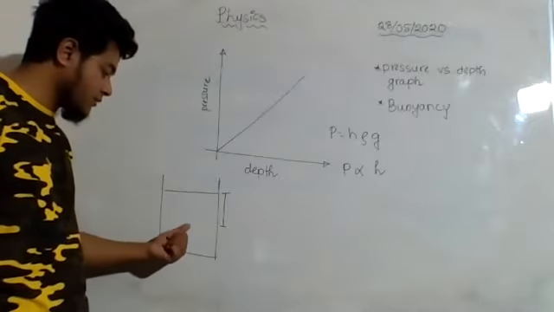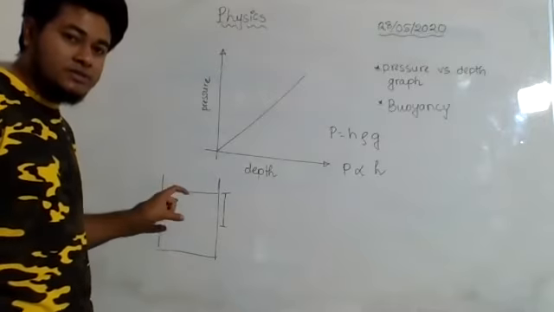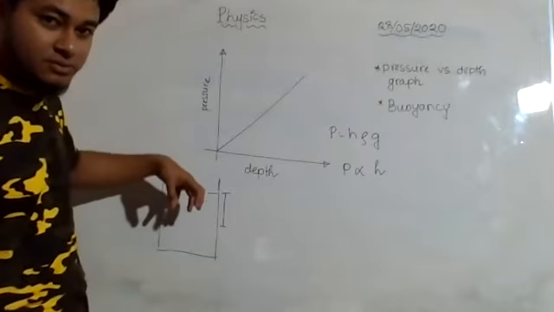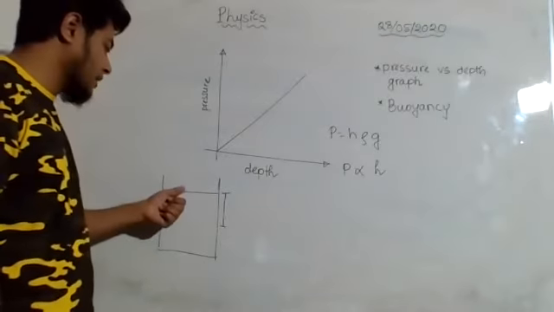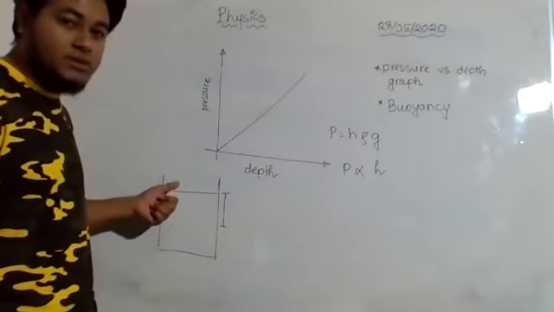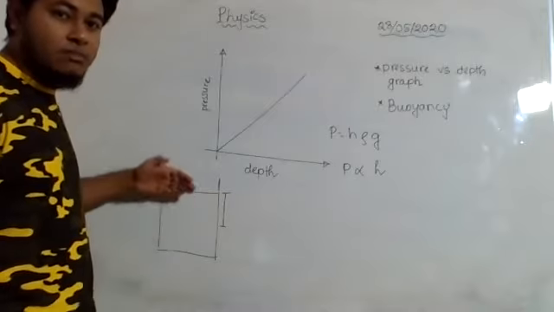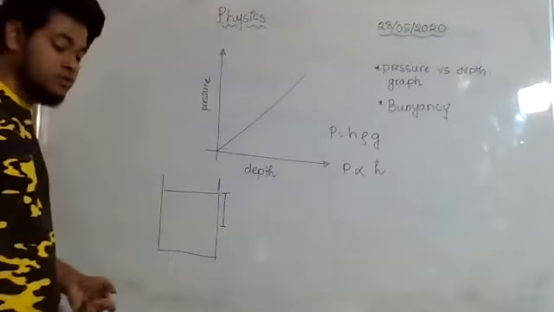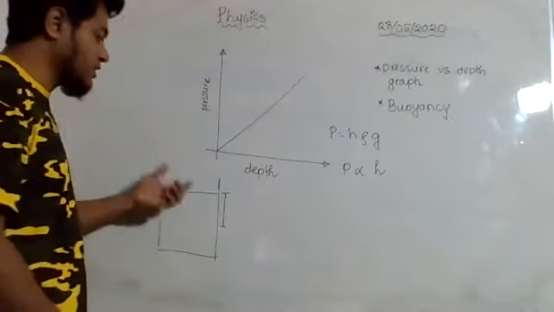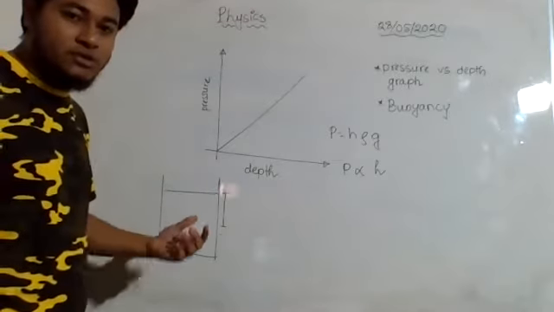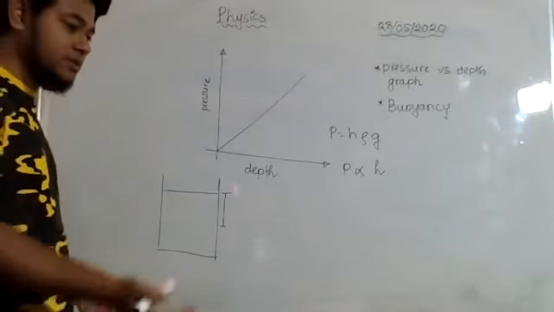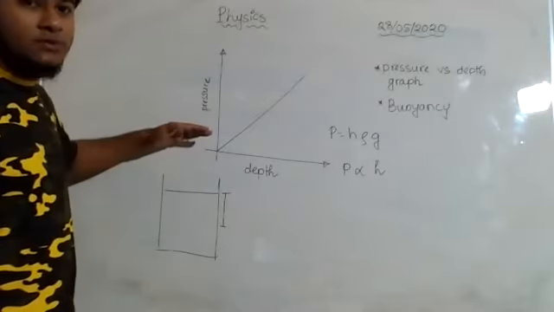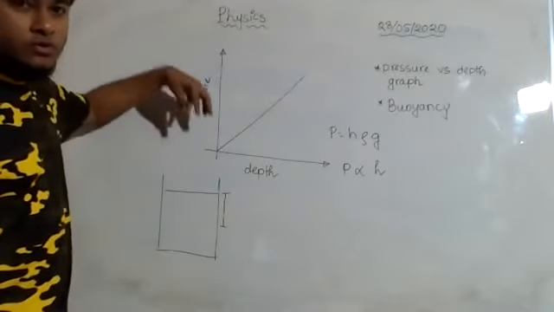Okay, whenever we are finding out the pressure here, we are considering that there is a certain amount of liquid and due to that some pressure is being created on that point. But if you take into consideration the point on the surface, above that there is no liquid, so there is no question of pressure. The pressure that will exist here is atmospheric pressure. Now that is a different topic we will study later, inshallah. But there will be no pressure of liquid because above this one there is no liquid to exert a pressure